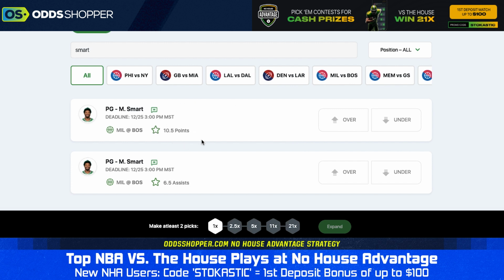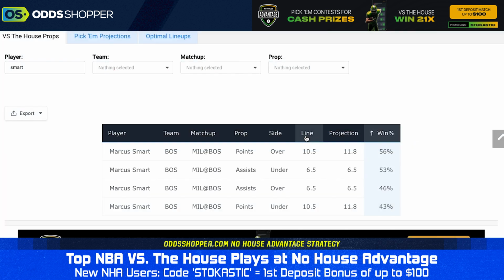Now, Marcus Smart kind of in a similar situation to Kentavious Caldwell-Pope, but his minutes are more locked in. And again, with Marcus Smart, we do get that point guard usage kind of thing. He's handling the ball a bit more. He's just a little bit more of a consistent scorer here. So the fact we're getting a 10.5 point prop on Marcus Smart, we do have this projected as a pretty strong over. Again, you've got the Boston Celtics, 116 point total, implied team total here at home. It's a strong total.